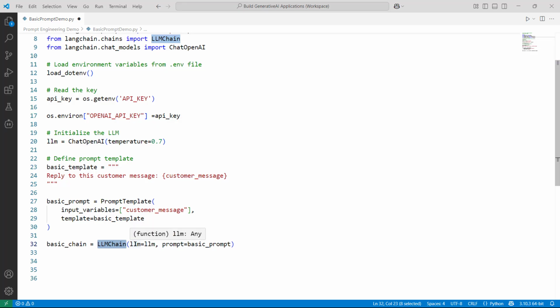So what we have to do here, we have two parameters. First one is LLM. For LLM, we already initialized our OpenAI LLM by using ChatOpenAI, so we are assigning that. And the second parameter is prompt. For this, we already created a basic prompt here, so we are assigning this variable. So with this, we created our LLM chain. Here we are chaining the LLM and also the question, that is our prompt, together into one by using this